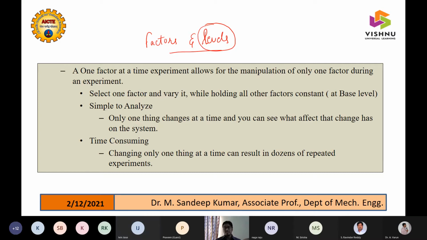Or let us take a normal example. You may be using the same milk packet, maybe the same coffee powder or the same sugar, but there is usually a difference: what quantity of water you are adding to it, and at what temperature you are boiling it. There are many things that affect it. As I told you, a cup of coffee is never the same in any region. So the conditions go on changing. Even if I am using the same machine, the temperatures at which I am working will be different, and the time at which I am working is also different. I'll just give you a small example of why I asked you for factors and levels.